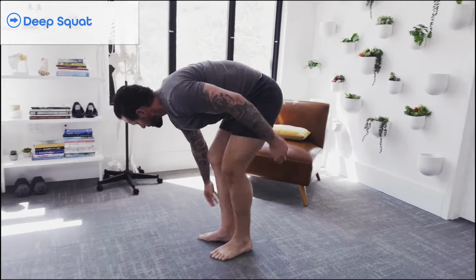When you're working through a deep squat, it can often be challenging if you haven't come into this position for a while. Some people might just fall right into it. That's great. Let's keep spending time in that position so that you never end up in a position where you have to gain flexibility. And if you're not quite there, then I'll show you some progressions to get you there,